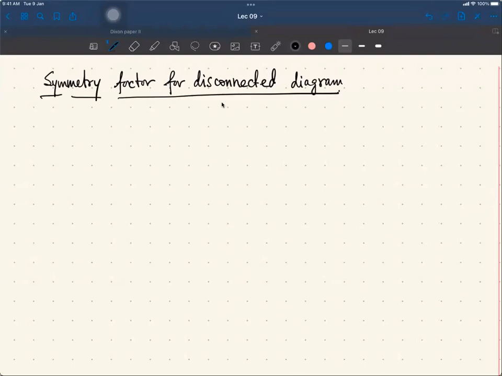As I have mentioned many times, disconnected diagrams will have a symmetry factor of 1 over factorial n if there are n copies of a connected diagram in that. So this I'm going to demonstrate for the simplest example in the vacuum sector,